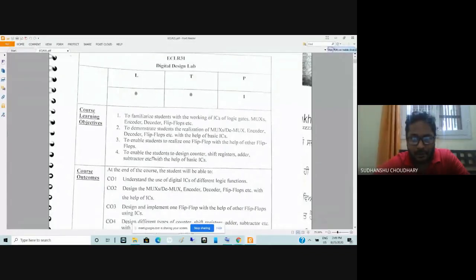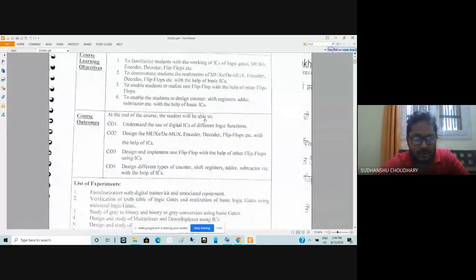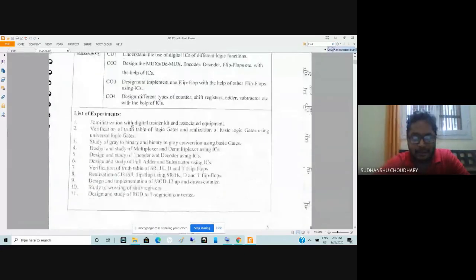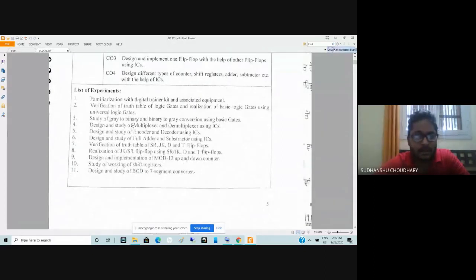So you will also learn in this lab to design a counter, and you'll also verify the shift registers, adders, subtractors, etc., with the help of these ICs, integrated circuits. So these are the list of experiments that we have in this lab.